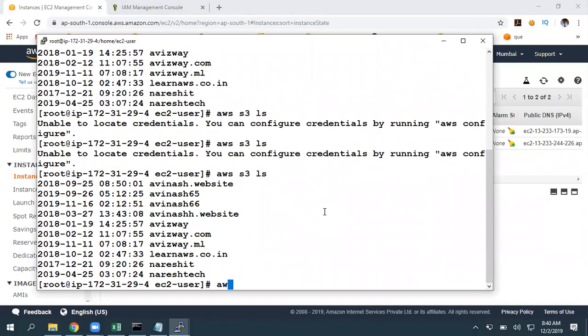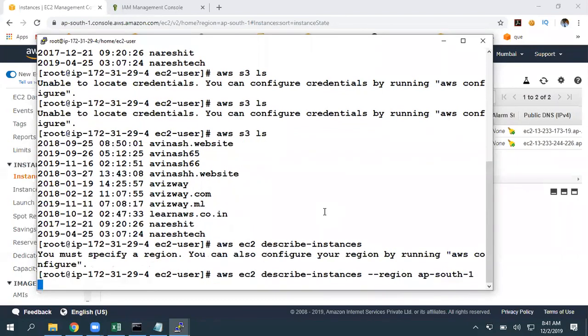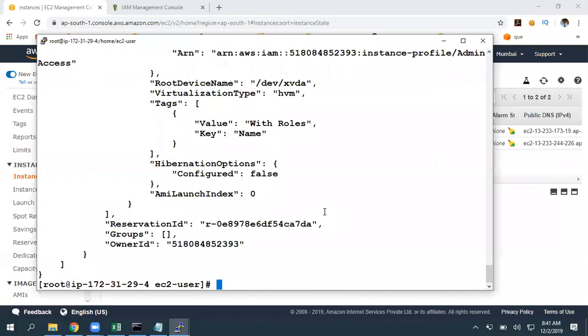We are able to do not only this, so it is asking to specify region, then give the --region parameter. Then we are able to get all the information.